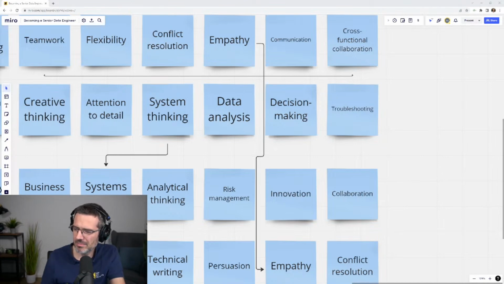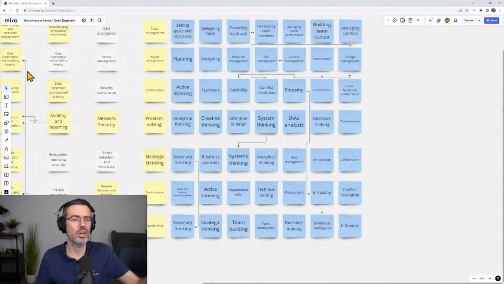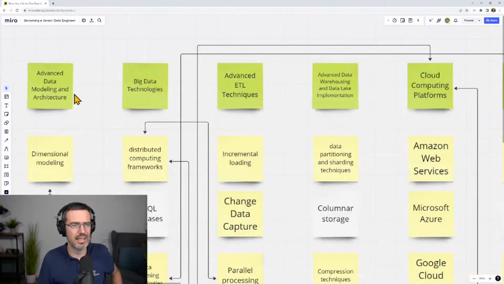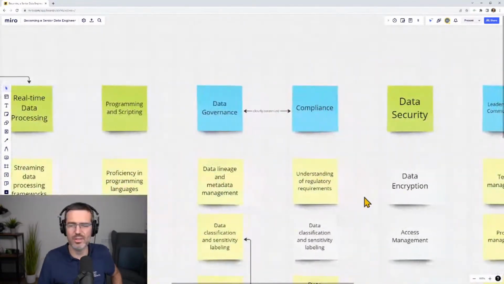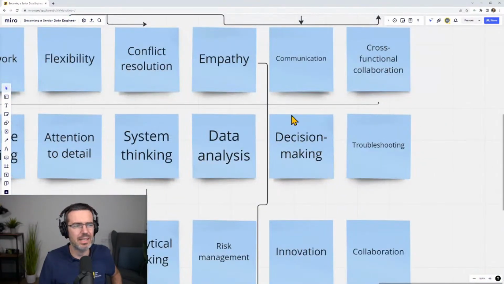So making decisions quickly and being confident about them, that is something. Of course, for that you need a lot of stuff, right? You need the earlier things like advanced modeling, ETL experience, cloud experience, real-time processing experience, and so on, to be able to make the right decisions and be confident about them. I mean, that's how it is.